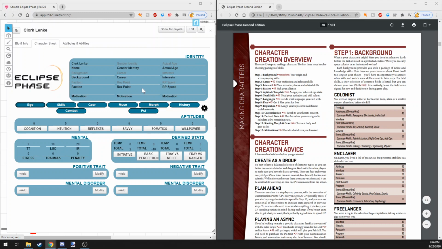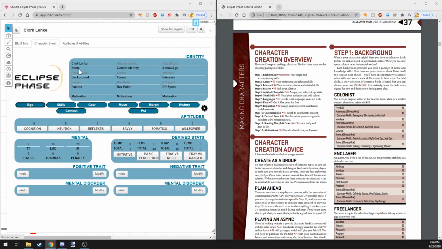On the left here, you can see I'm using Roll20's automatic character sheet generator. That makes things a bit more convenient. It does some of the auto calculations for you. Clork Lenk is the name that the Roll20 name generator came up with, so that's the one that I'm going to use. As you can see right here, I have the PDF of the book open,